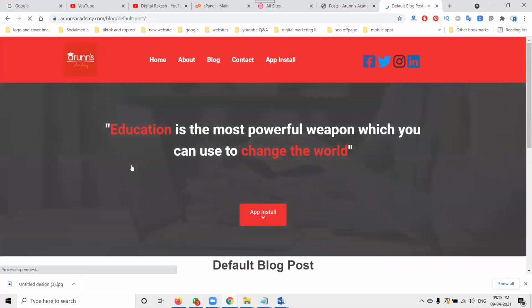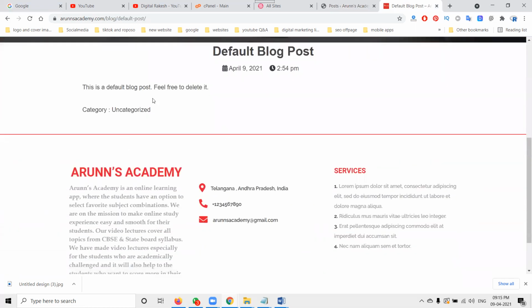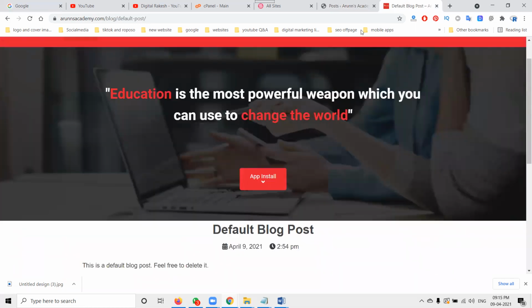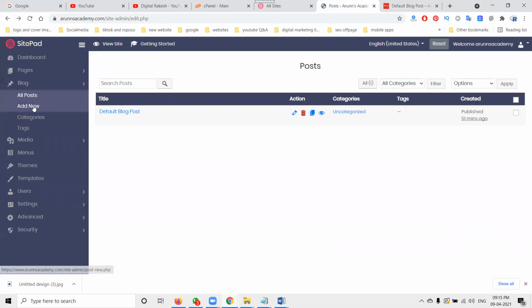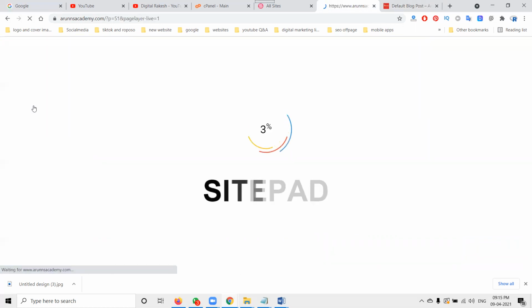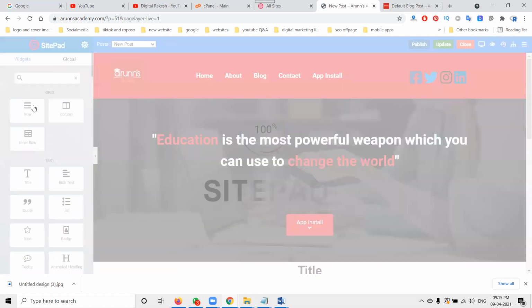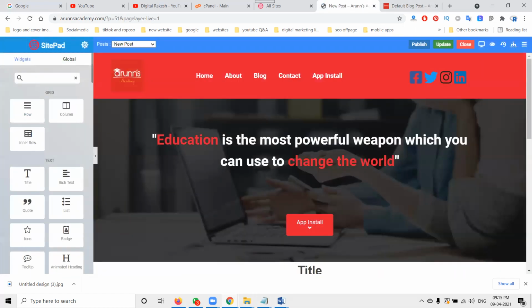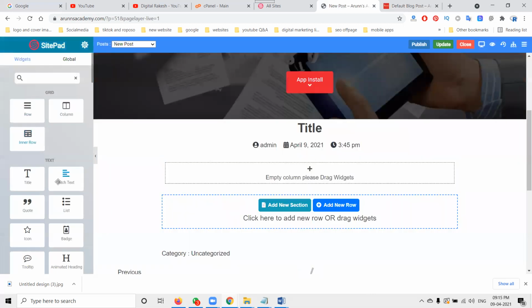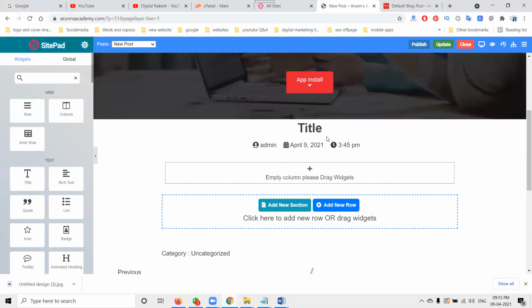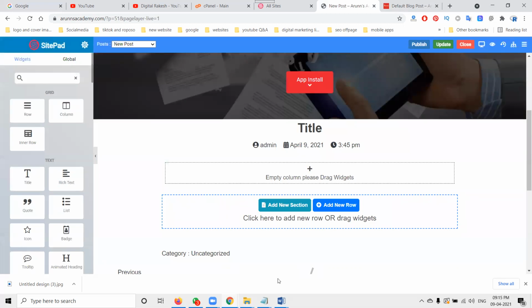Open this blog post. This shows the blog information, but I have to use it to add a new blog. See this, they are opening the page. The content is completely customizable. Title, we can use the paragraph, and each will be occupied for the particular blog option. Then we can go to publish here. So this will be simple.